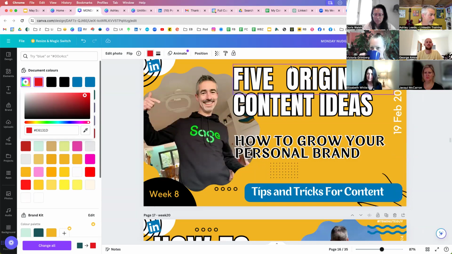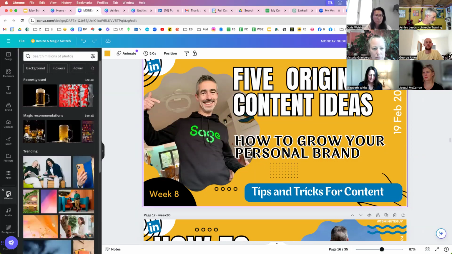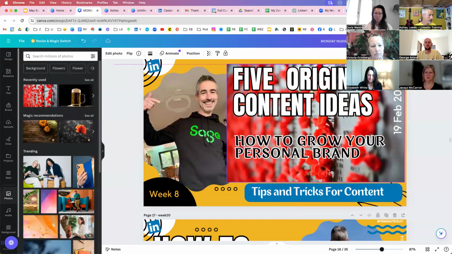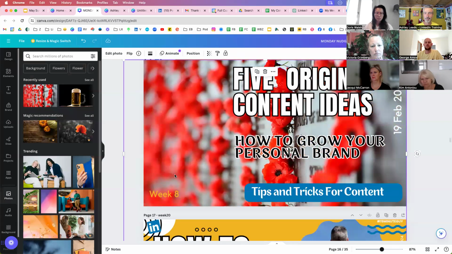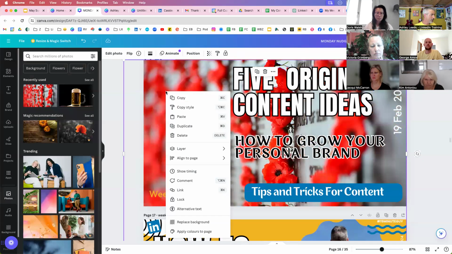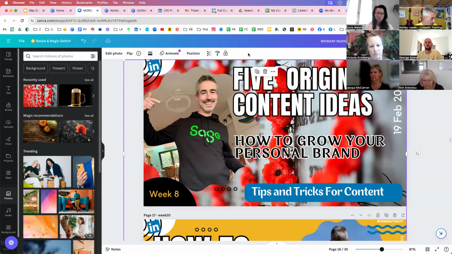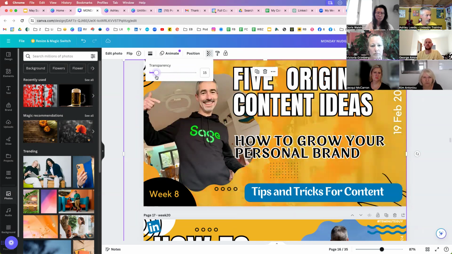Yeah, of course. What I've got here is the background is just a flat yellow. What I do is go into photos, so that there, look, for example, the poppies. I'll put that as the background. Now I'll click on that, go to layers, center back. It's right at the back now. Now I go into transparency and turn the transparency right down. Can you see I've got some texture behind that photo?